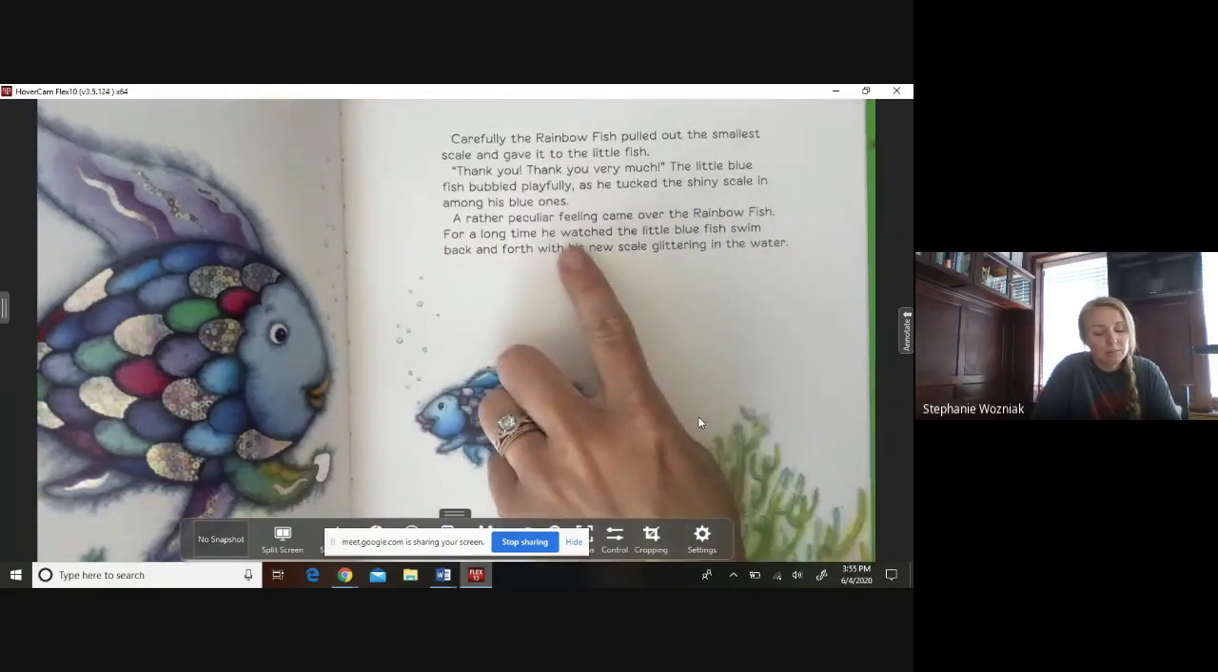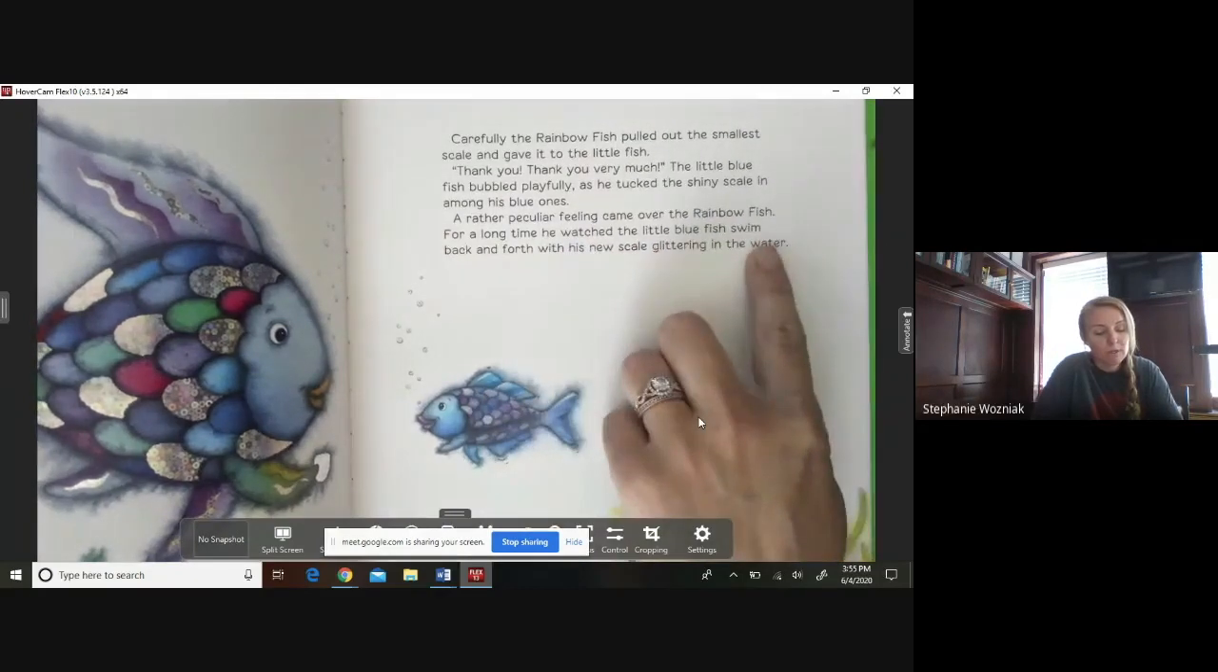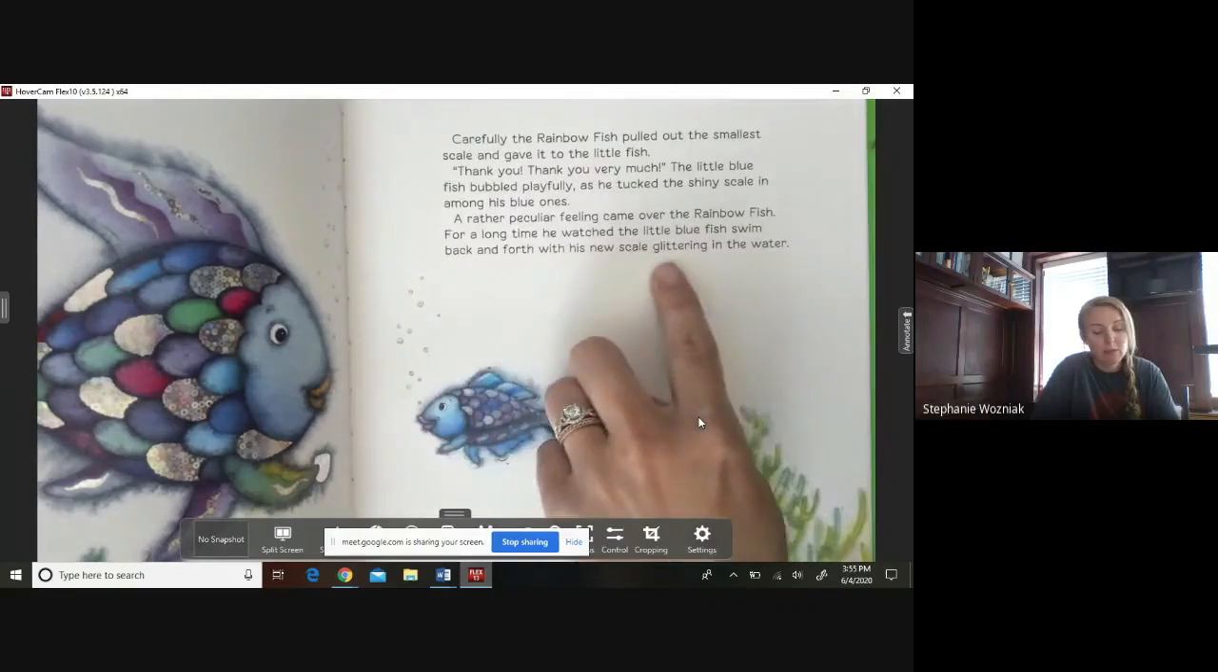A rather peculiar feeling came over the rainbow fish. For a long time, he watched the little blue fish swim back and forth with his new scale glittering in